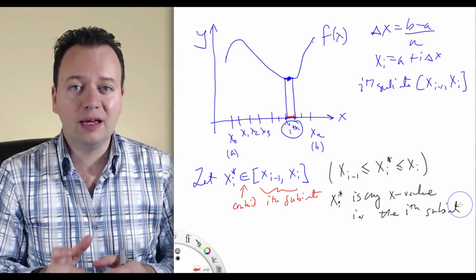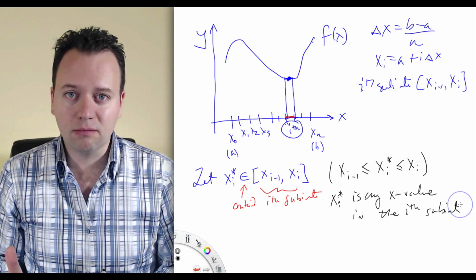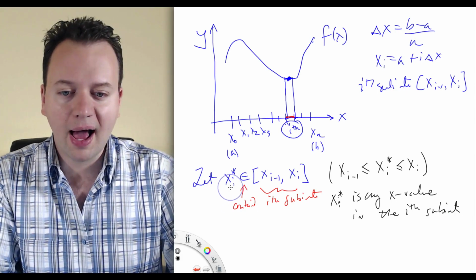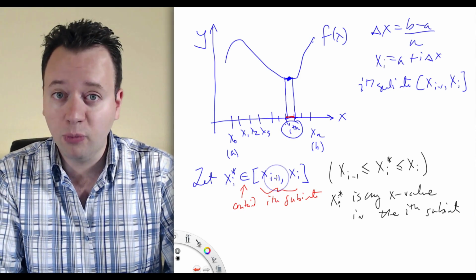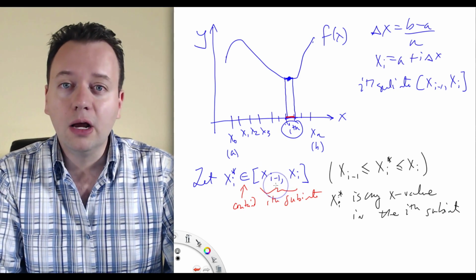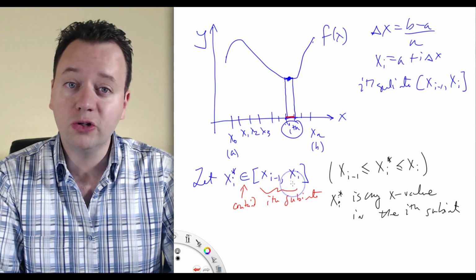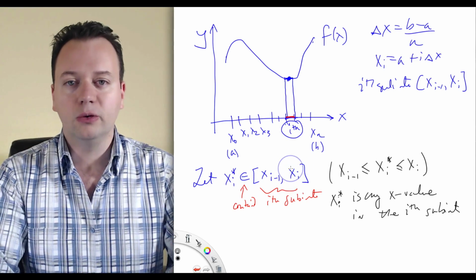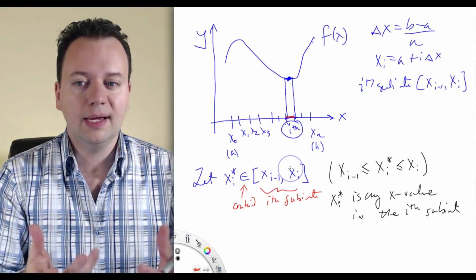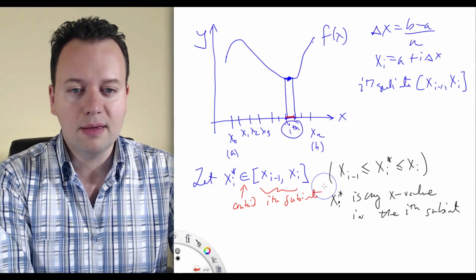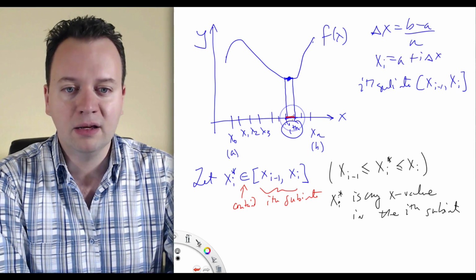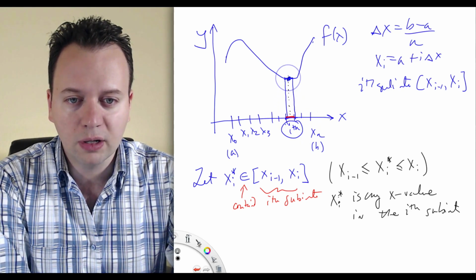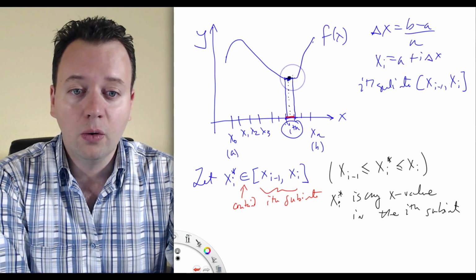Now later we'll talk about left-hand and right-hand Riemann sums. Left-hand Riemann sum says for x sub i star, always choose the left endpoint, which is x sub i minus 1. Right-hand Riemann says for x sub i star, always choose the right endpoint, which is x sub i. So those are two standard ways in which you might pick. And there's other ways. Technically, you can pick any point in the ith subinterval. It could even be random. As long as you get some point here, you're approximating your function at some point in the interval,